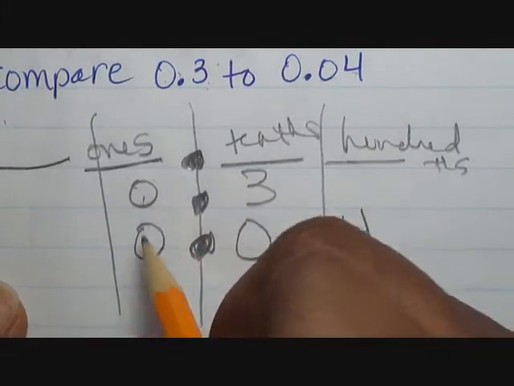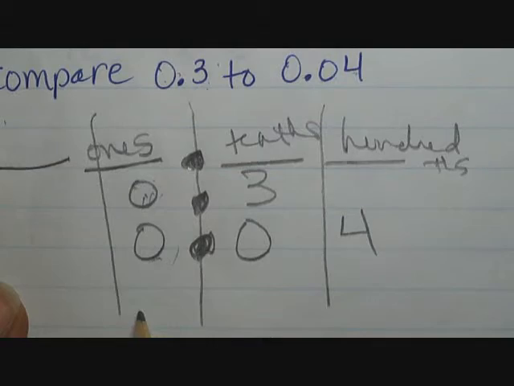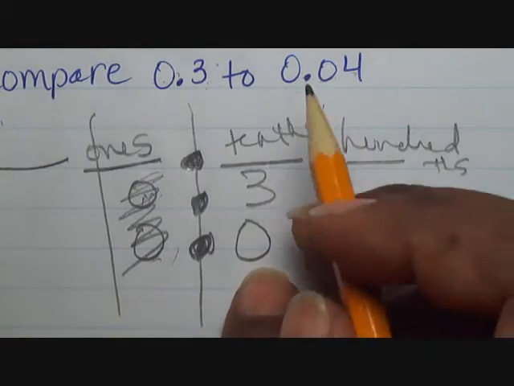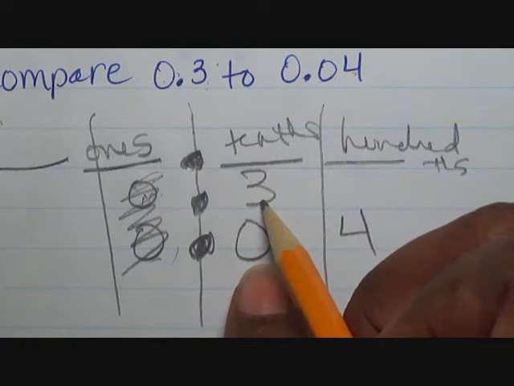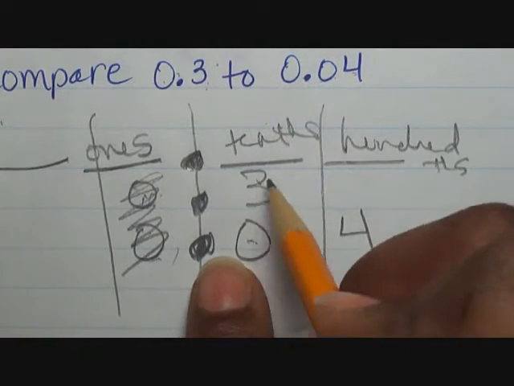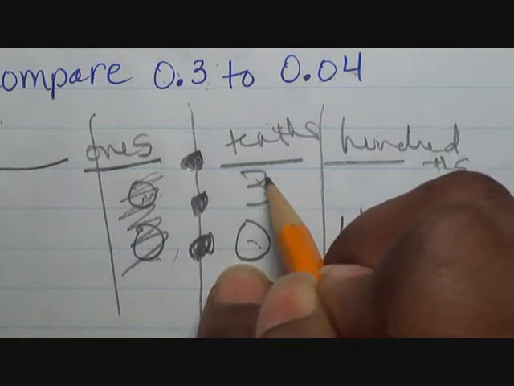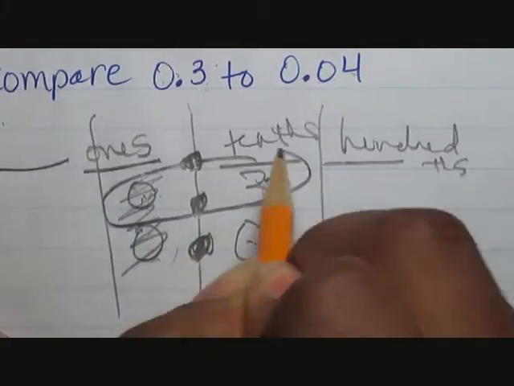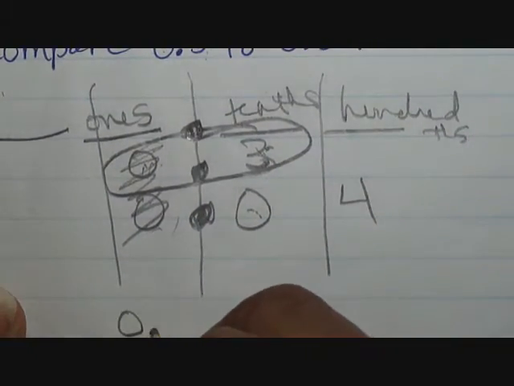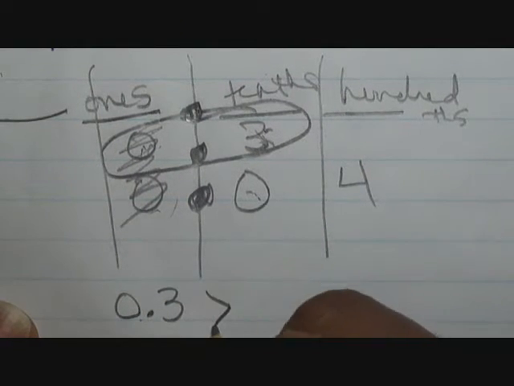Now, since my ones column has the exact same numbers, I can't compare by those. So that's no longer an issue. Now I go to the next column, and I'm going to compare my tenths. I'm comparing whole numbers now. Is 3 larger or is 0 larger? 3 is larger. So that will let me know this number is larger. So if it's larger, my number sentence is 3/10 is greater than